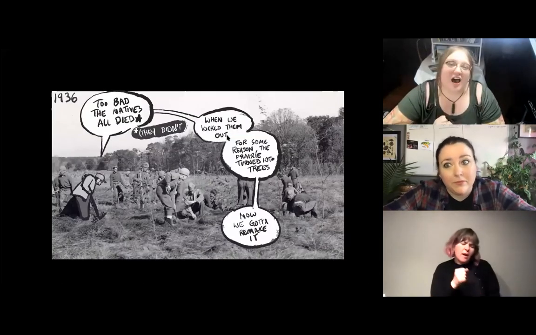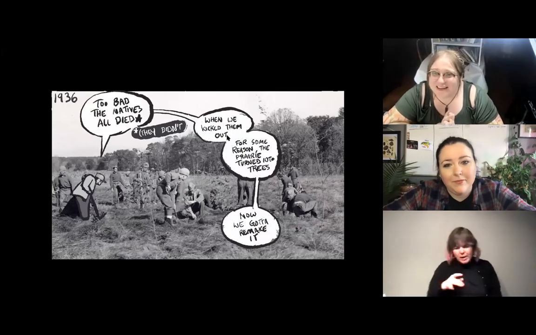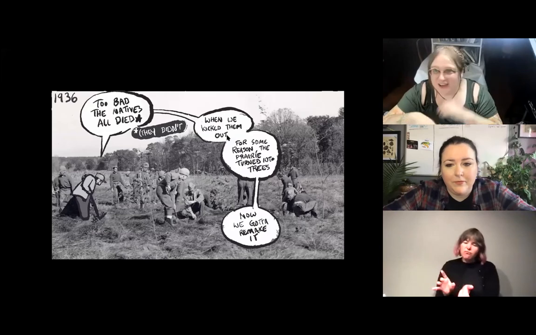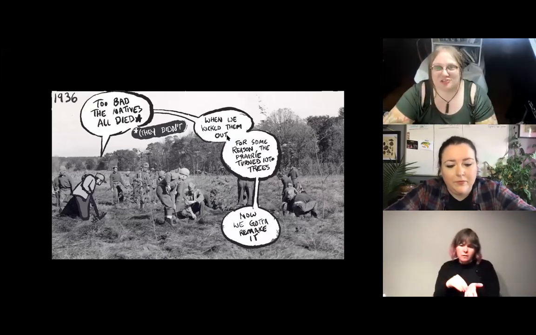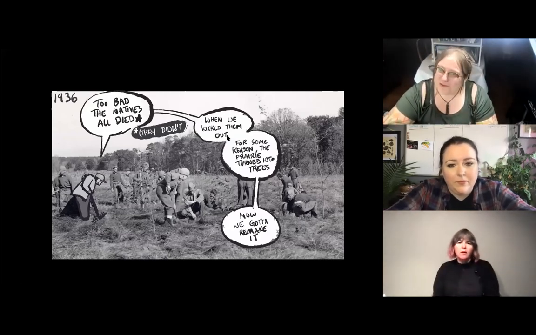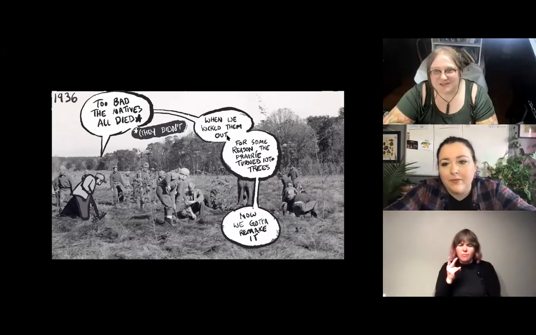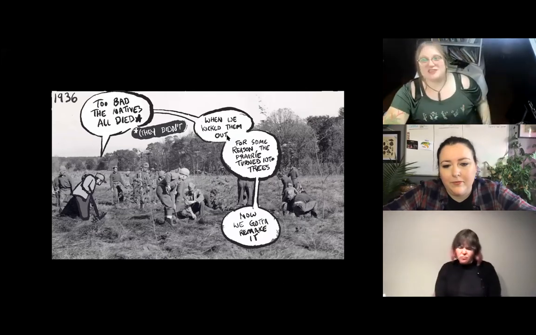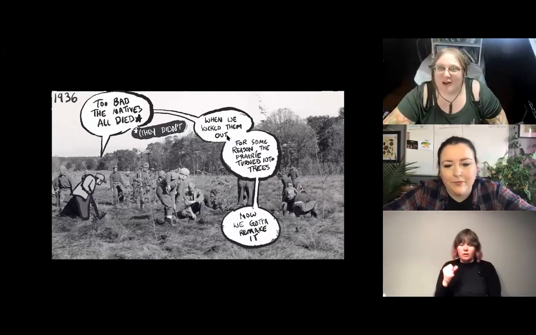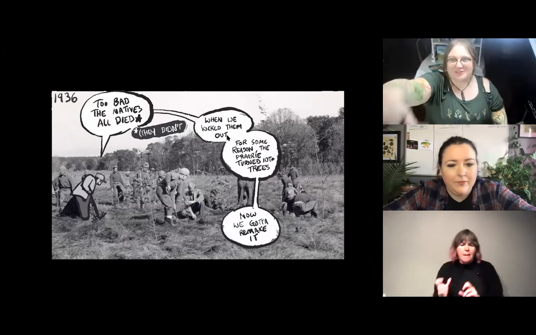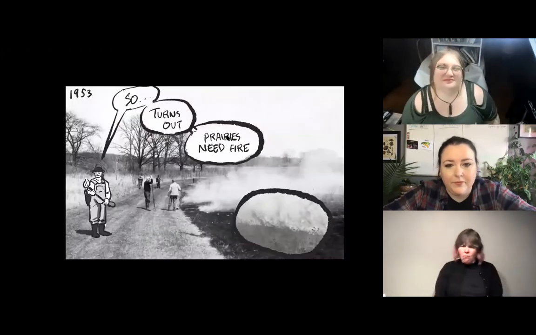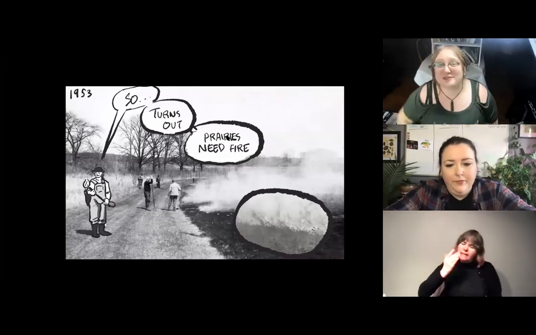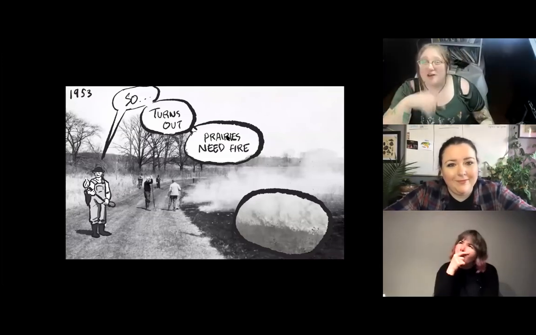They didn't. When we kicked them out, for some reason, within 30 years, people notice, and they have documents in the 1850s of people's journals saying there used to be a prairie there, but in less than 15 years, suddenly there's just a woodland. And so by the time we get to the 1930s, people are like, oh my God, the prairie's all gone. We need to bring it back. How the heck do we do that? And by the 1950s, they're like, there was a reason they were lighting it on fire,